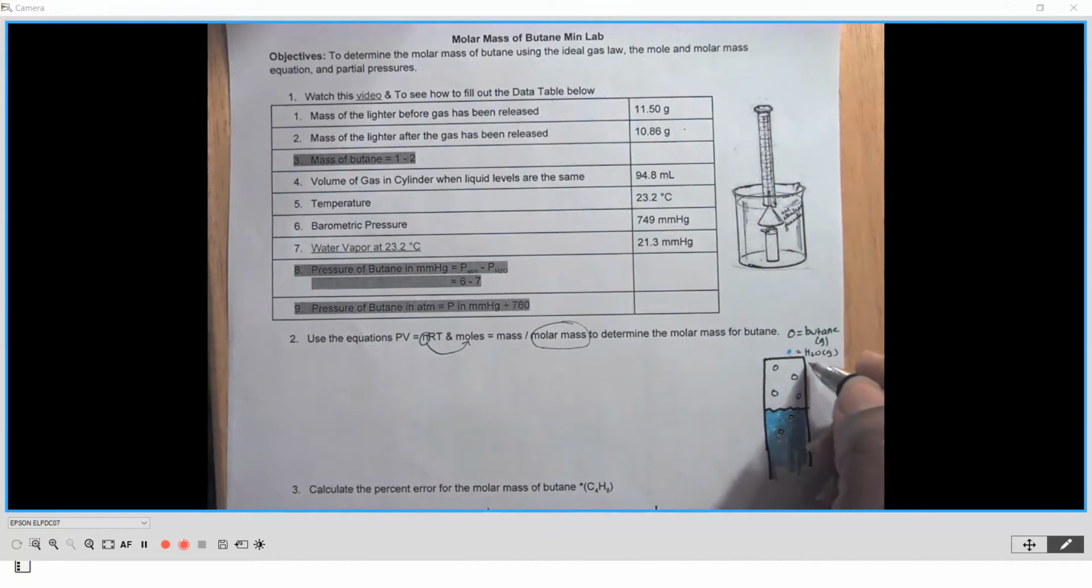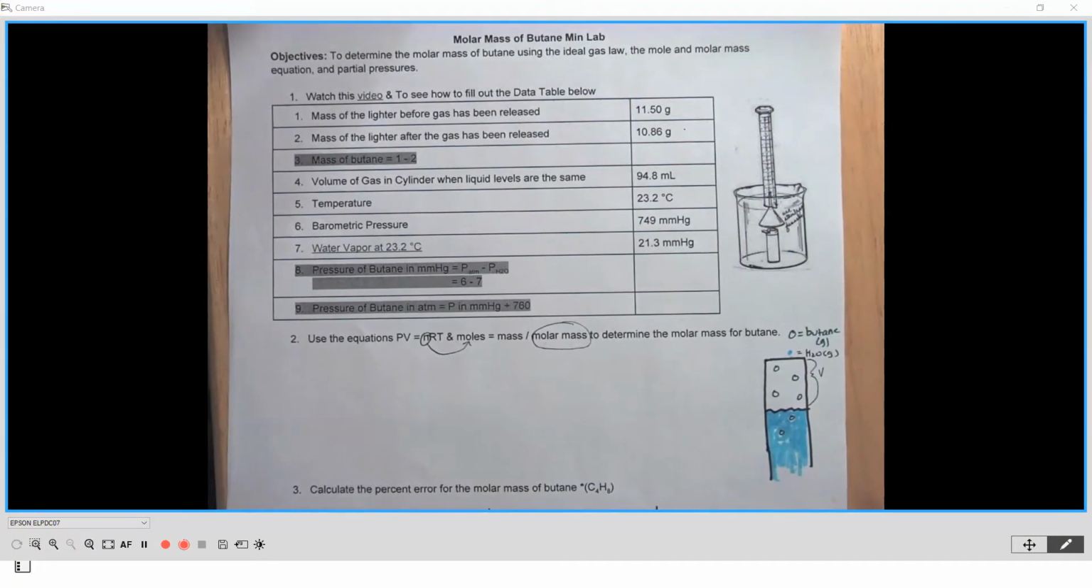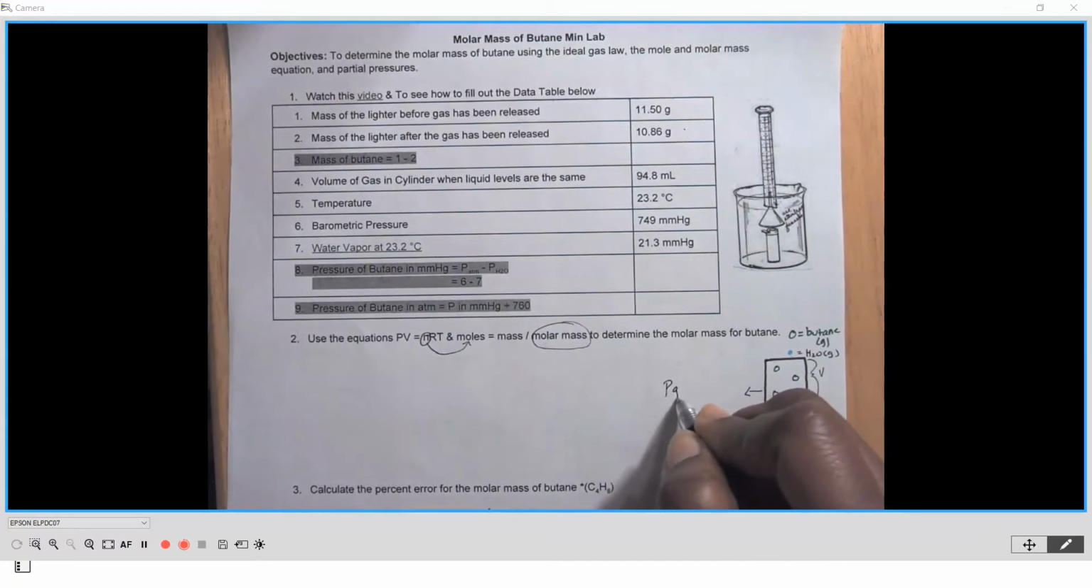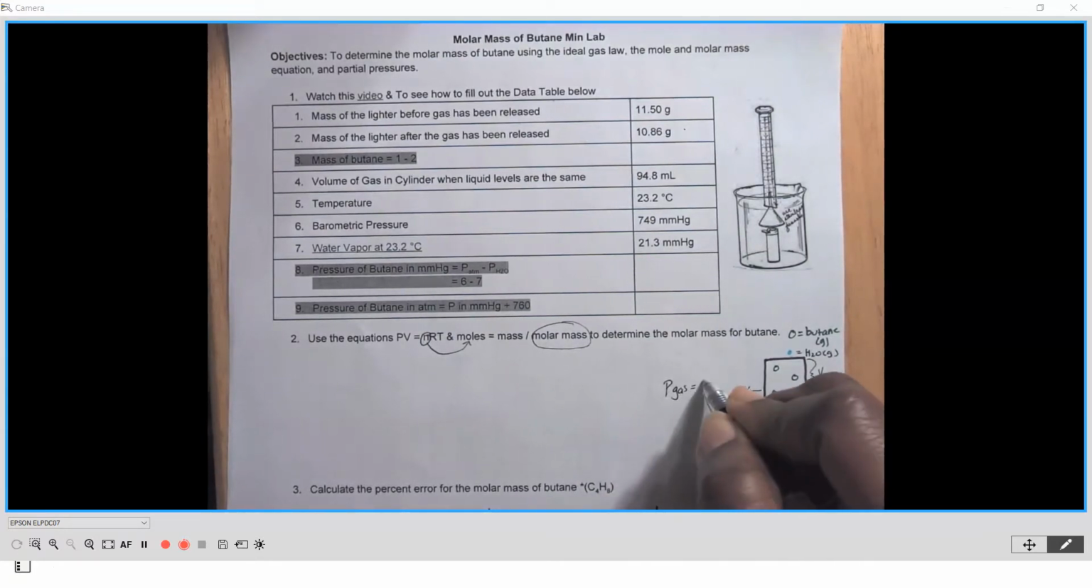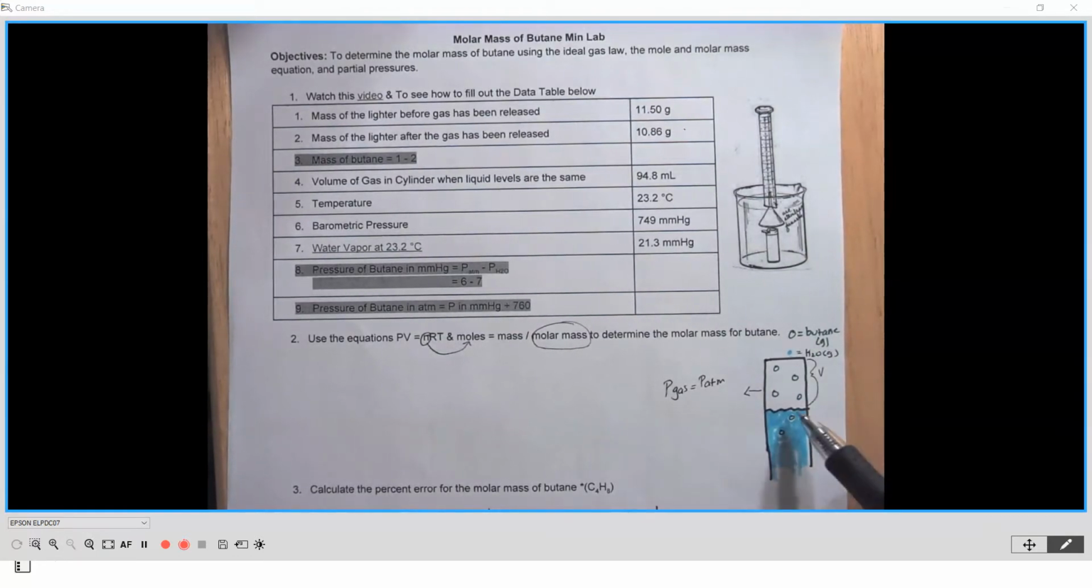First of all, it measures volume. So you're going to use the information here to get the volume of the gas that you have. So that'll give you the volume. But what about the pressure of the gas? The pressure of the gas inside of this graduated cylinder is equal to the atmospheric or barometric pressure. So the P of the gas